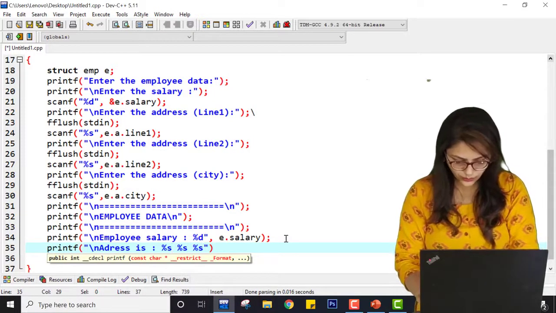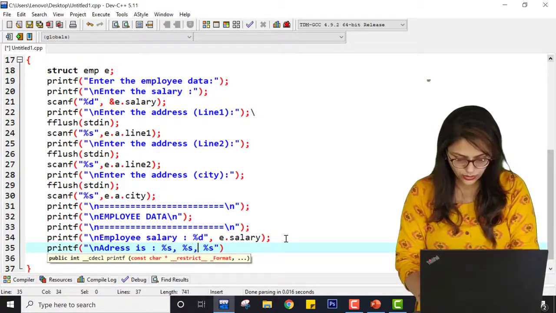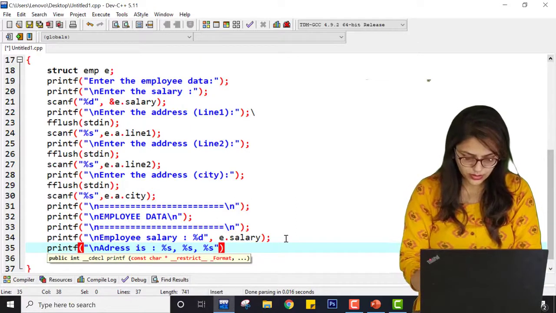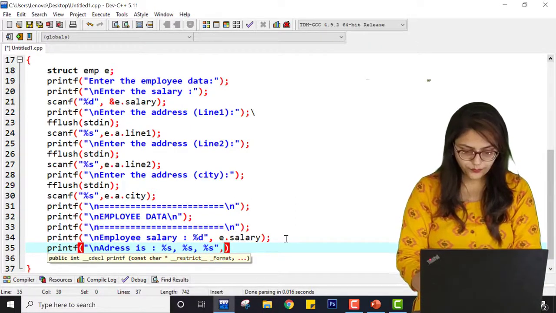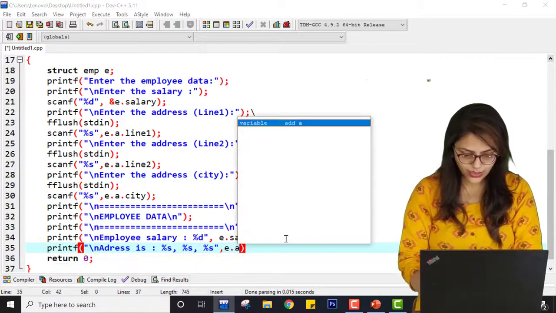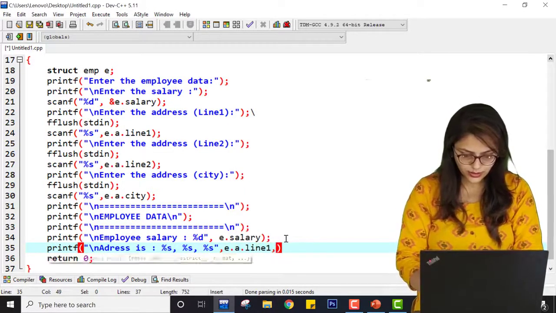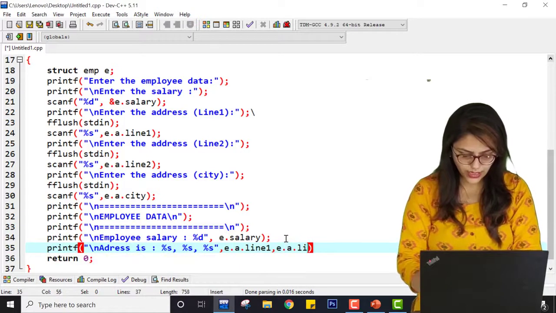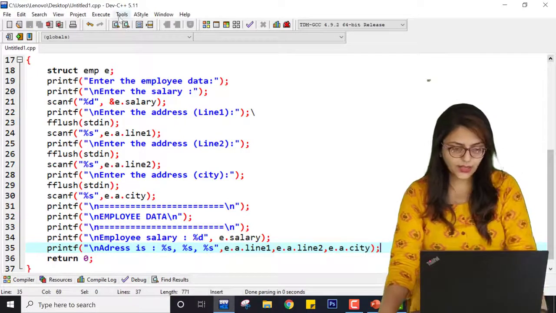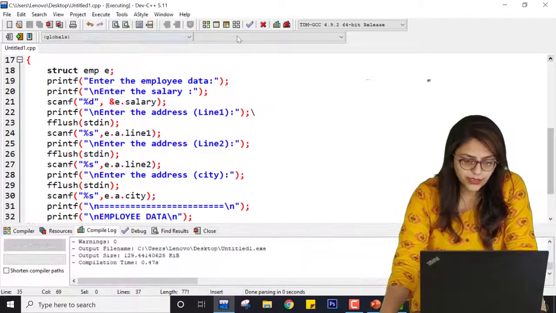Here it will be comma, and now here it will be e.a.line1, e.a.line2, and e.a.city, right? Let me see if it is correct or not. Compile it and run it.